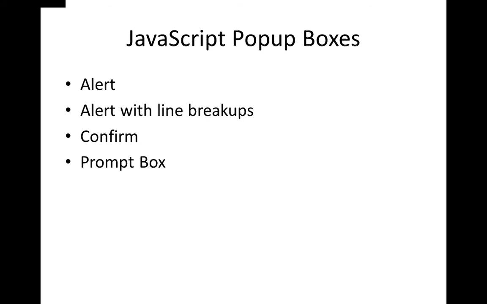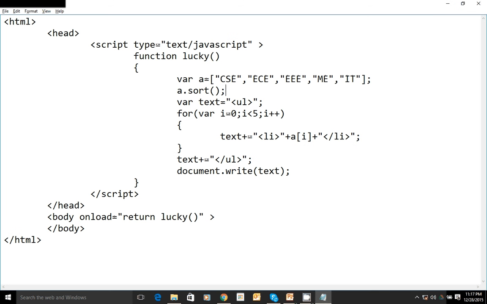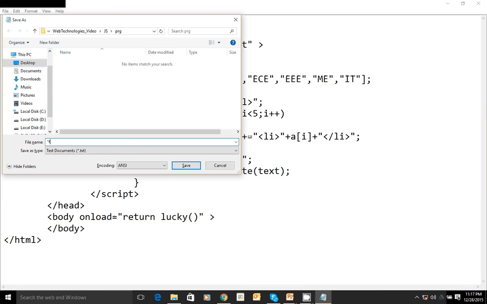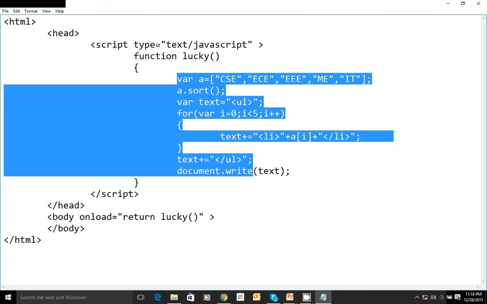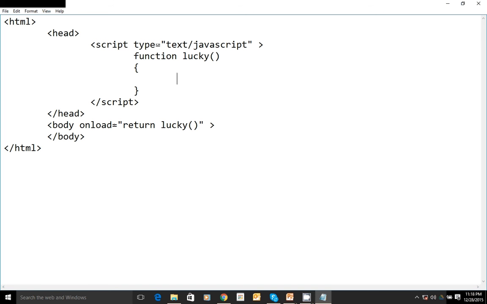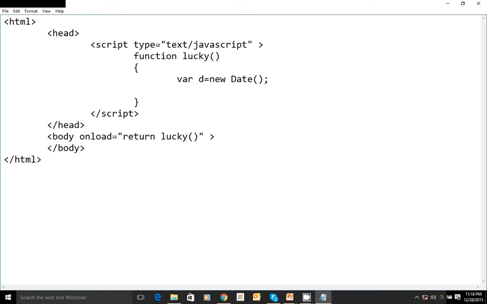I'll show you one more program, on the usage of alert. I want to write one more program to wish the user. Let's say var d equal to new Date of, I create the object of date, and the time now is d dot getHours of.